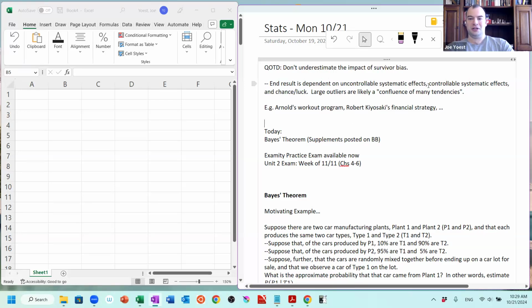So focus on what gets you the biggest bang for your buck as far as controllable systematic effects. What choices can I make that minimize the effect of the uncontrollable effects, and maybe to an extent minimize the effect of chance or luck, and give me the value out that's related to the effort I put in? So that's the idea for today, that survivor bias and similar ideas